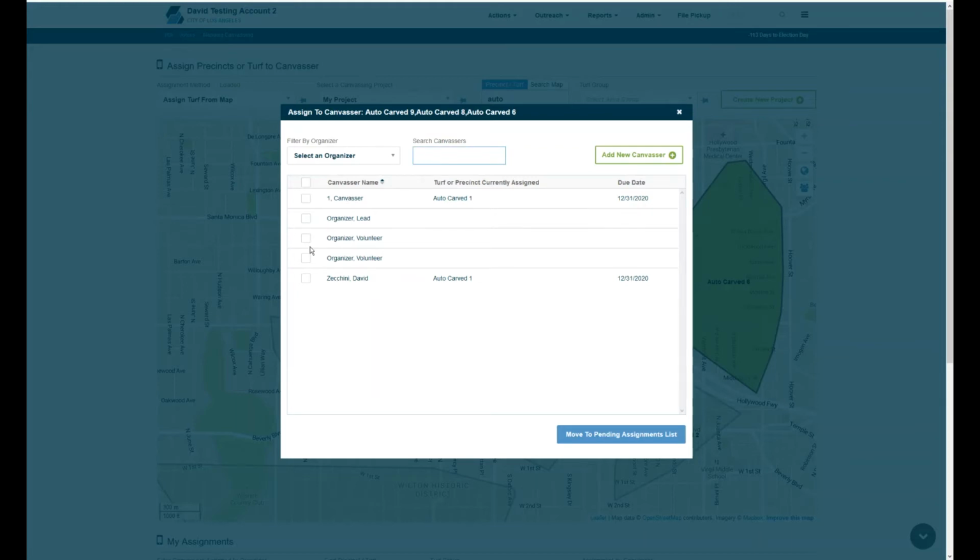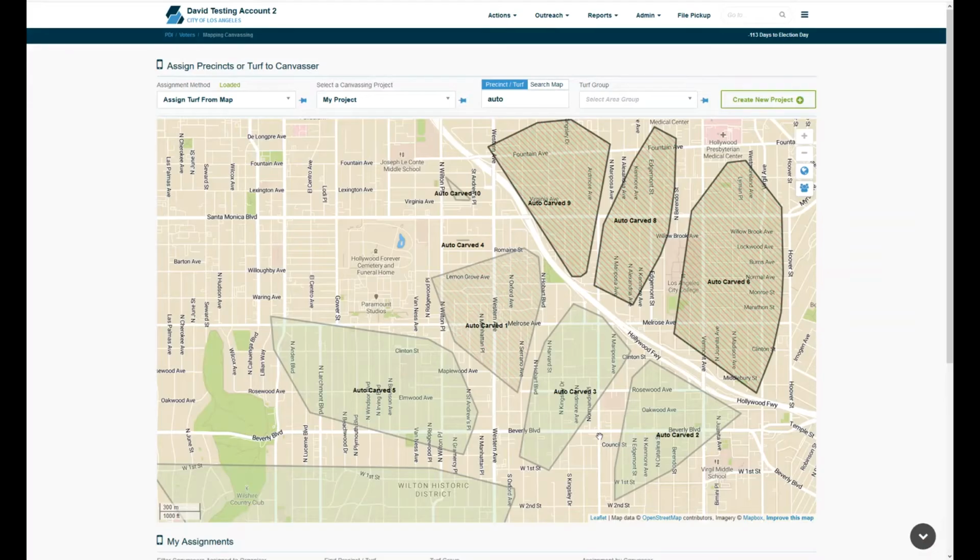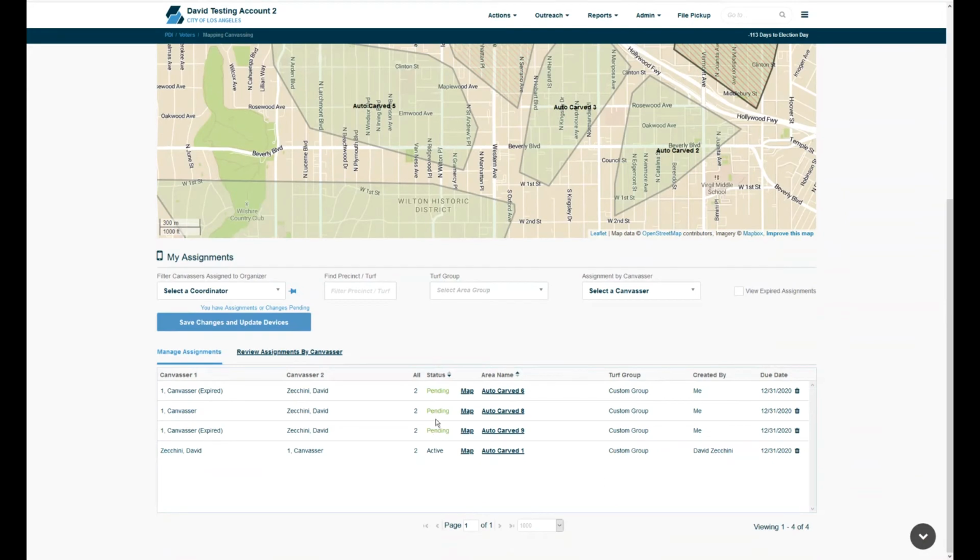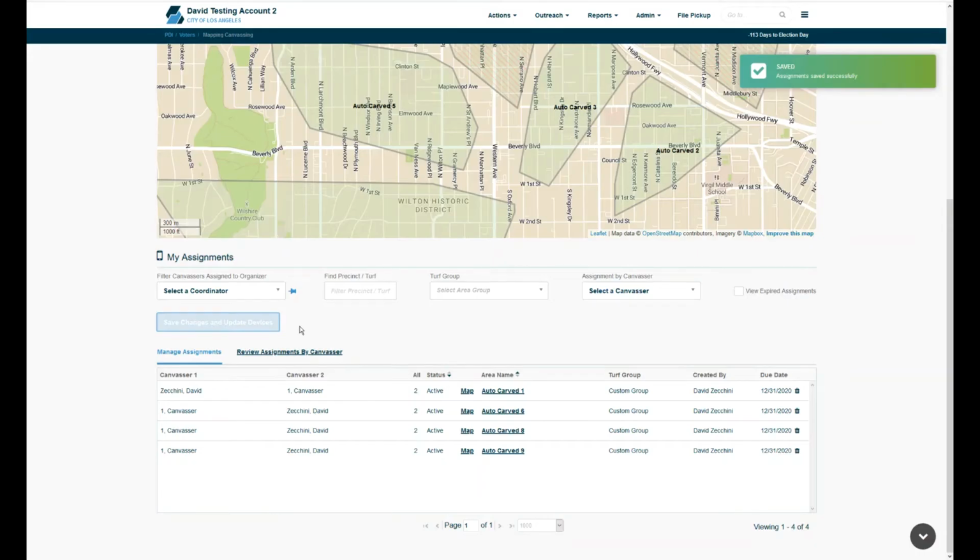Just like in our previous method, you will activate the checkboxes of all the canvassers that should be assigned to that turf. You will then click the Move to Pending Assignments List button. Just like in the previous methods, the selected assignments will sit in the My Assignments section with a pending status. You will need to click the Save Changes and Update Devices button to save the assignments and send them over